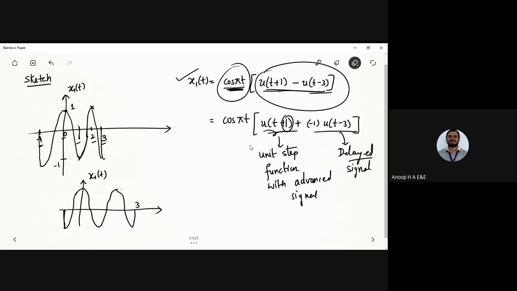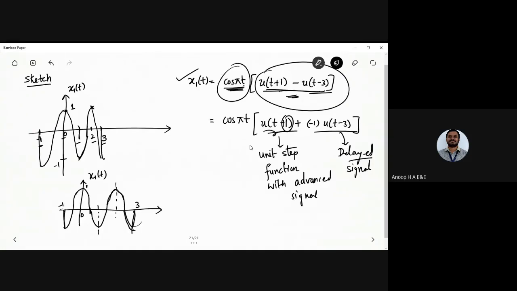So this is completely cosine term here. I just wanted to write a neat cosine wave. So at 0 you're going to have 1, at 1 at 1 here. Okay, so at 1 this one here, and at 3 you're going to have a signal like this. Okay, so it is cut, it is not completely a sine wave that goes here. So this part here is completely eliminated, just because you are going to have a signal being terminated at 3 because of the unit step function being u of t minus 3 with a negative sign.